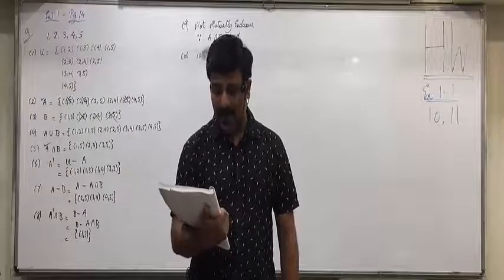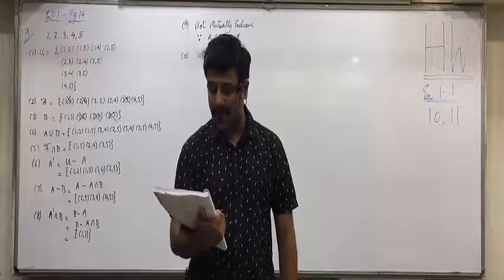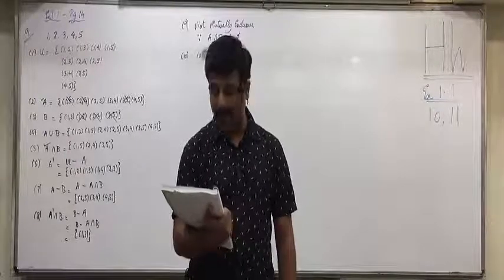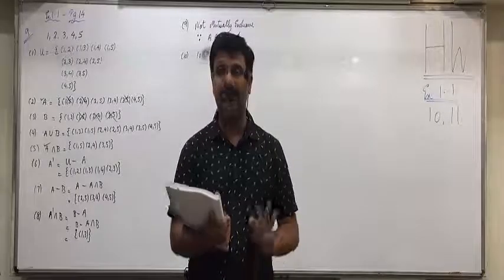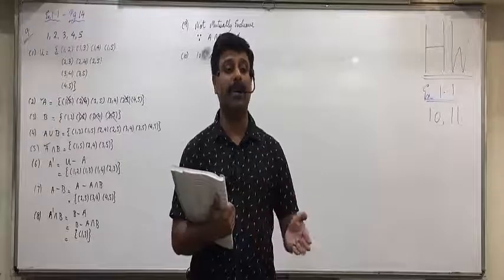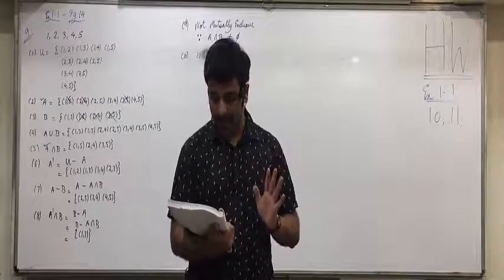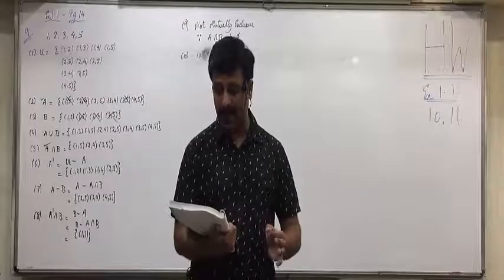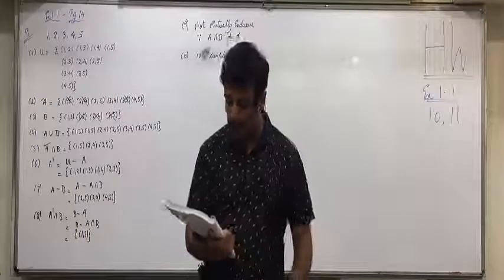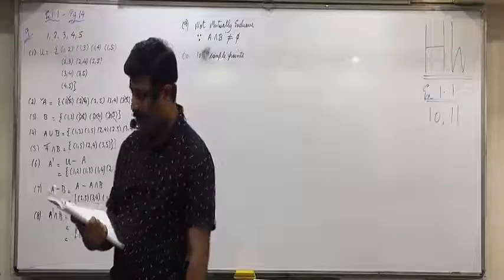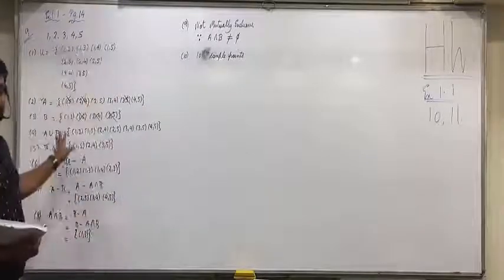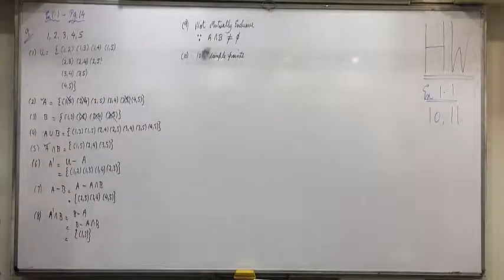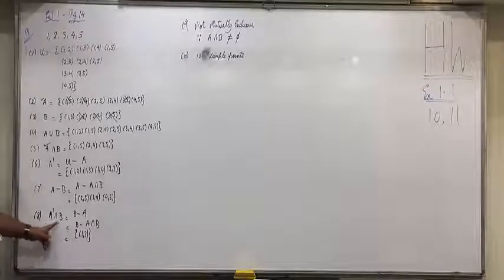Now 1 employee is selected from the employees of this office for training. The event that the employee selected for the training is female is denoted by A. So what will A be equal to? F1, F2, F3. An event that this employee is male is denoted by B. So M1, M2. Now find the sets. So first answer, second answer, third answer is done. Now once these 3 are done, can you find A union B, A intersection B and A complement intersection B? Because A complement intersection B is this one, B minus A.